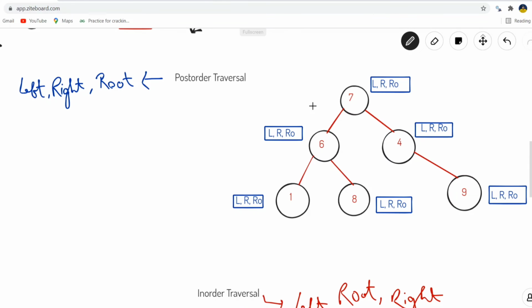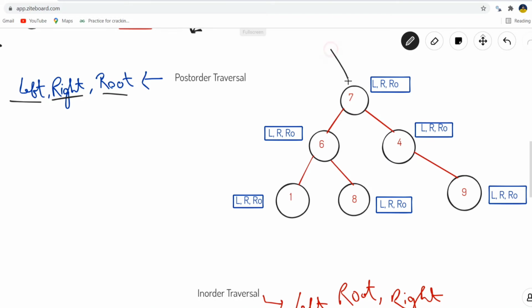Next traversal technique is post-ordered traversal. So again, it's under DFS. So basically, we will be using depth-wise manner in order to traverse each node of a binary tree. And the sequence which we need to follow in printing the nodes are like, first we need to move in left direction, then we need to move in right direction, and then we need to print the node's value. Okay, so in each node we need to perform these three operations like left, right, and root.